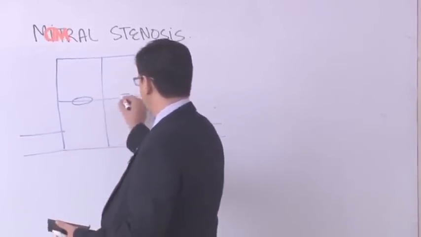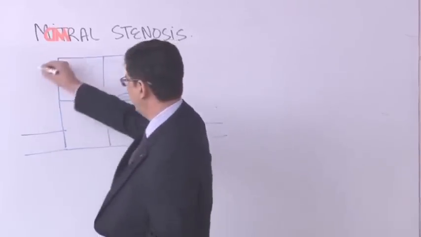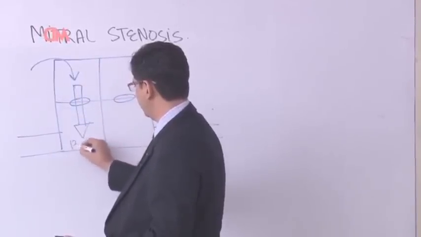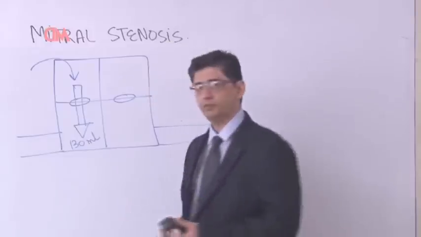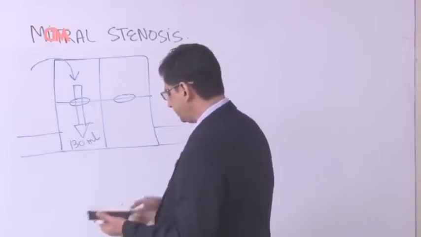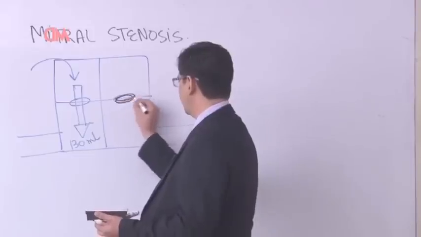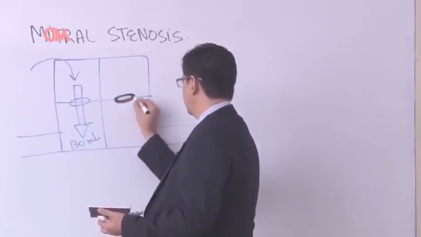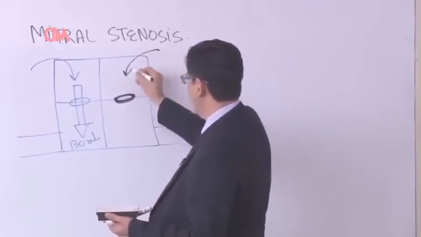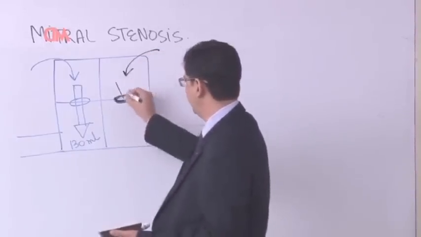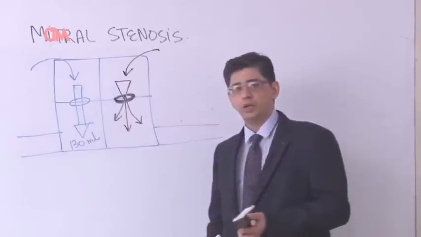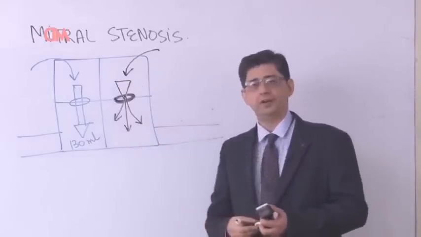So if you look at the sketch that I made out before you, I am trying to show that on the right hand side the tricuspid valve is of normal size, so a proper 130 ml of blood will be able to enter from the right atria to the right ventricle. However, on the left hand side, I am showing a narrowing of the mitral valve orifice, because of which the amount of blood entering the left atria will be normal. But when it comes to the entry of blood into the left ventricle, the amount of blood will be significantly reduced, and the amount of blood that will be entering here will be directly related to the orifice.